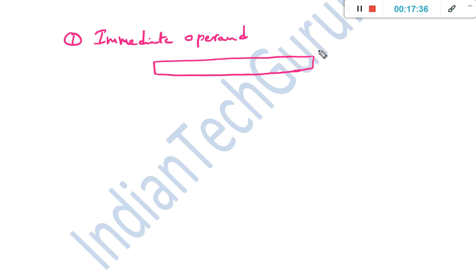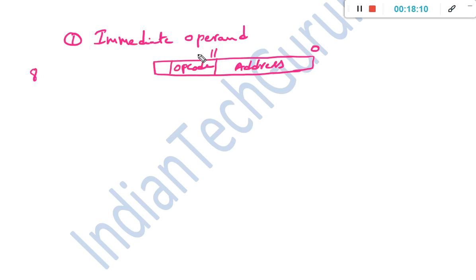How many bits are given for the address of the operand? 12 bits, so 0 to 11. We have given 12 bits for the address. And as there are 8 different codes, 3 bits we are going to give for the opcode, operation code.